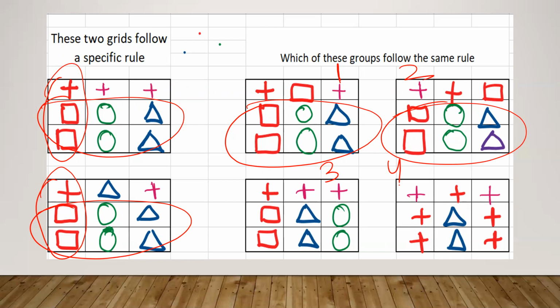If you see column wise, if you compare the first column, the first column is the same in first, second, and third. But if you see the last two rows, which one should you give preference to: the first column, or the second and third row together? Definitely I'll give preference to the second and third row together. So based on them, I'll say my answer is 1 and 2.